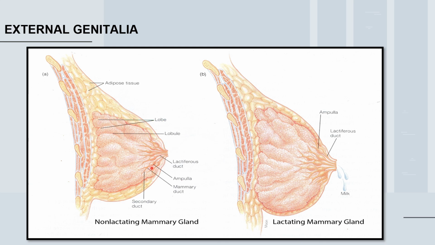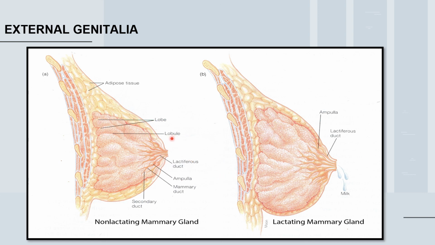These lactiferous ducts expand, get enlarged or dilate just beneath the nipple, and those dilated structures are termed lactiferous sinuses. In these dilated parts, milk is stored, which is known as breast milk. Mammary glands are also known as breasts, and that is why the milk stored inside them is termed breast milk.